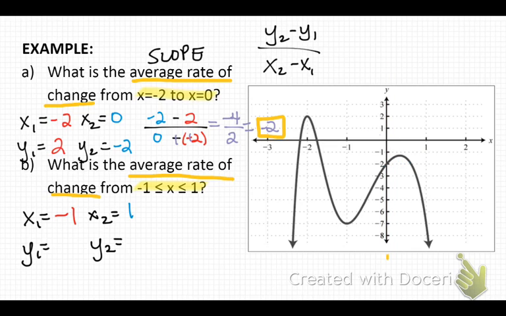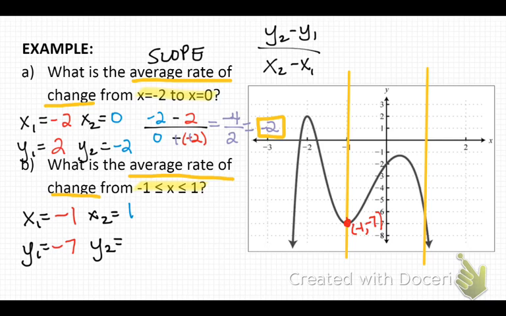Okay, so this next problem is at -1 to positive 1. That's my new interval. Okay, so if I'm looking for my x1 point, which is there, x is negative 1. What's the corresponding y value? Negative 7, so I want to fill that in. Now, for my second point,